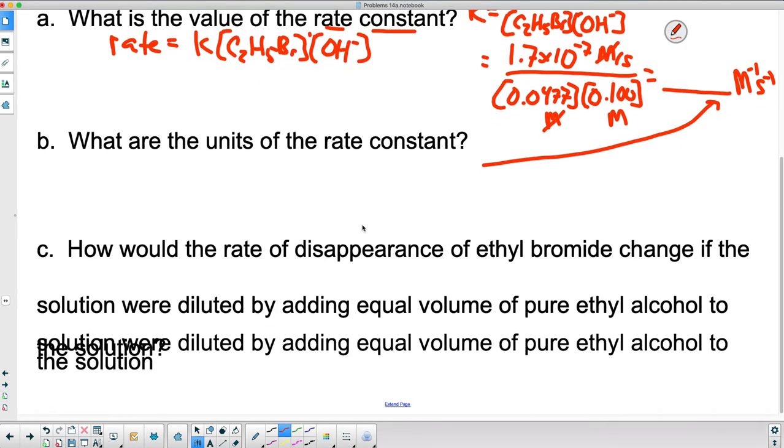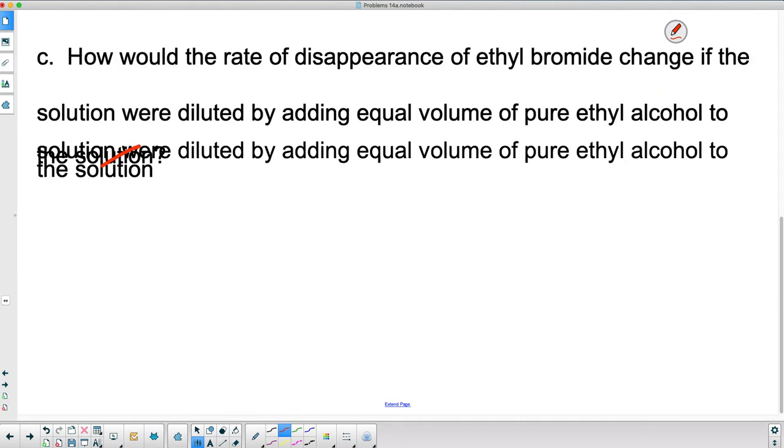How would the rate of disappearance of ethyl bromide change if the solution were diluted by adding an equal volume of pure methyl alcohol? I don't know what happened here, so we're just going to ignore this stuff here. So it says, how would the rate of disappearance change? Well, if we add equal volume, that means that we double the volume of the solution, which means that we would have,